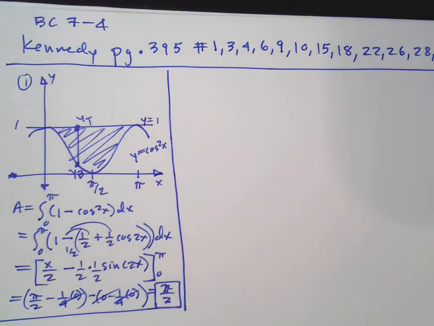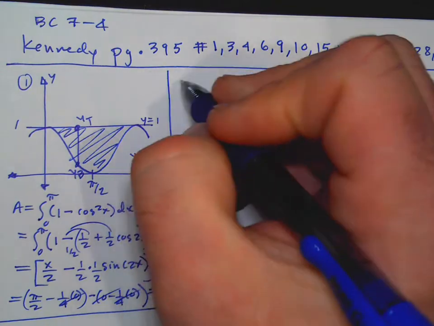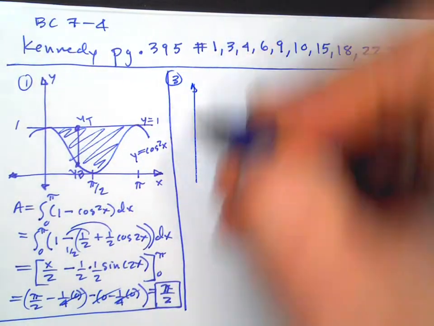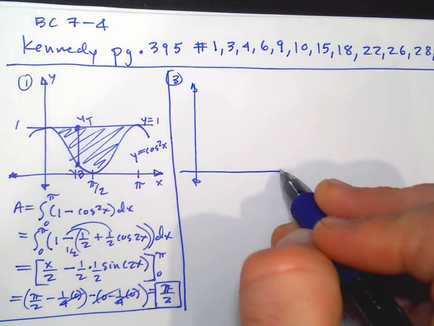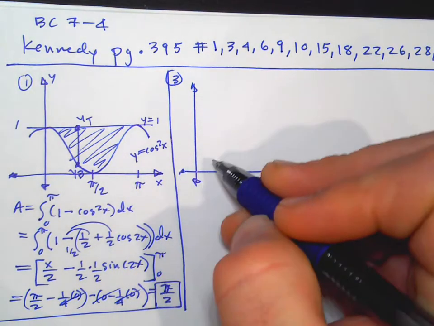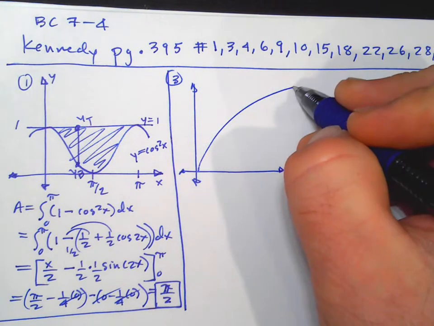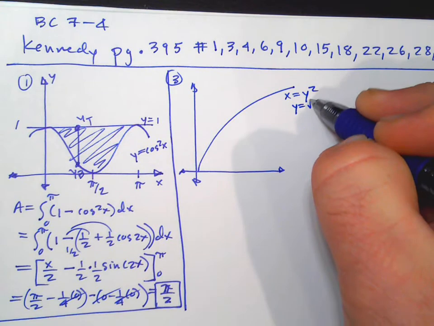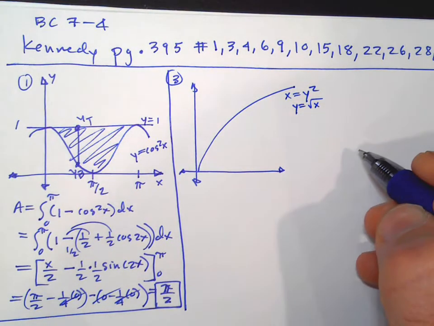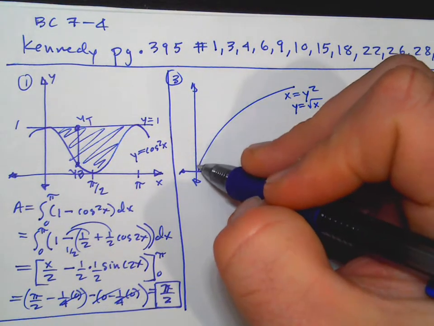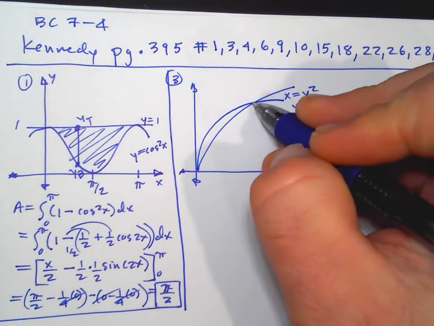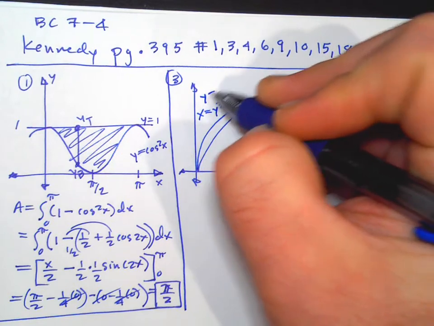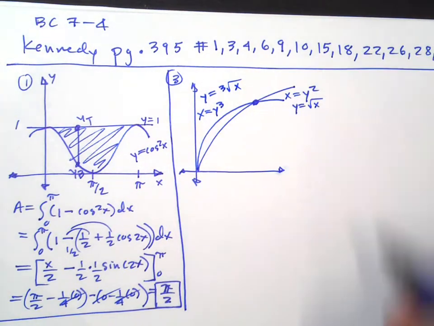Okay. Next problem, number 3. So we have, they call this x equals y squared, which is the same thing as y equals the square root of x. It's the top half of a sideways parabola. And then they give you another function they call x equals y cubed, which is y equals the cube root of x,